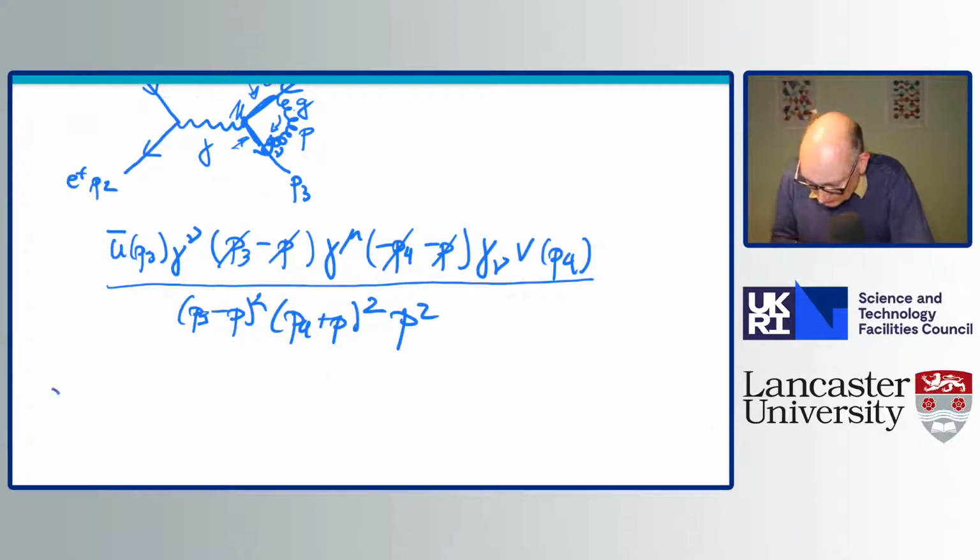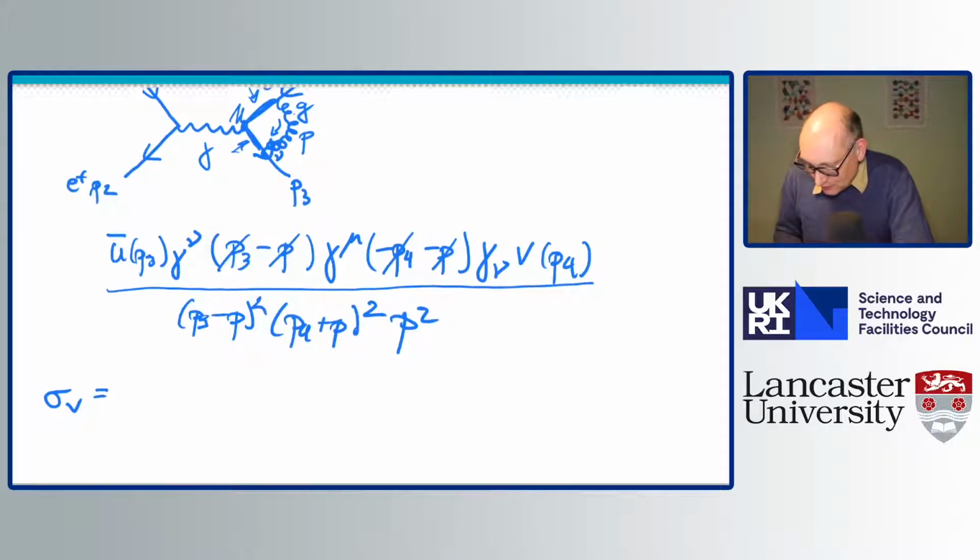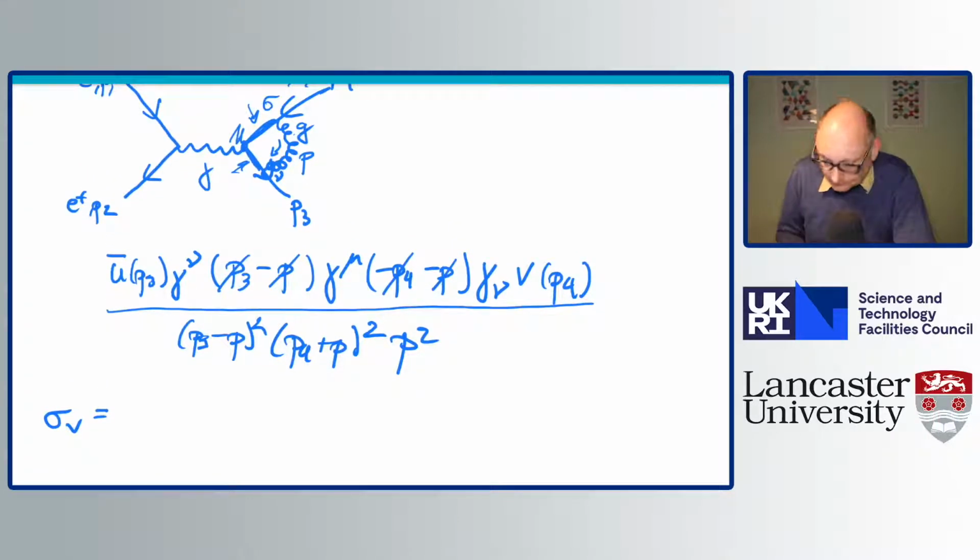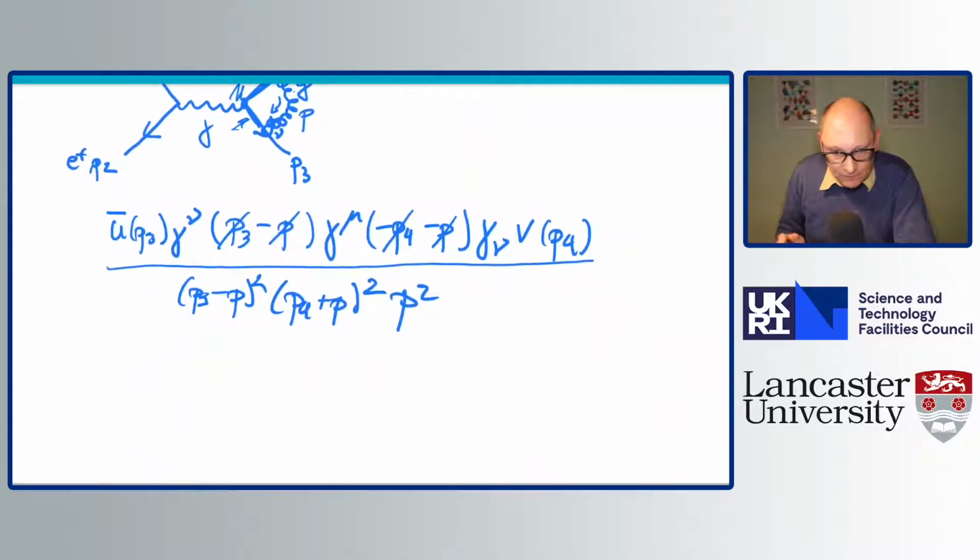But the cross-section would then be essentially an integral over p3 and p4 of this amplitude. The amplitude itself will be, so let's just write it down. So the cross section, there will be a flux factor, there will be some phase-space integrals